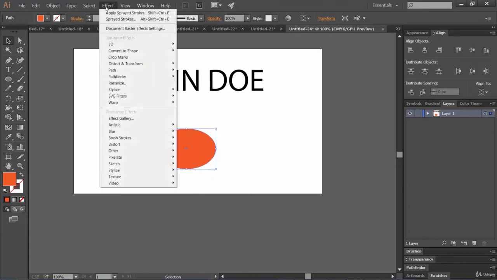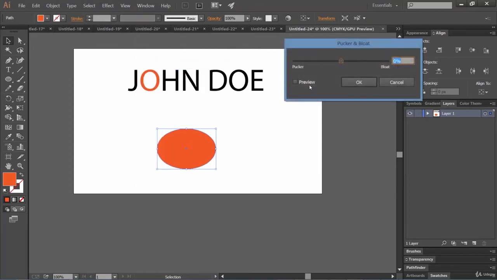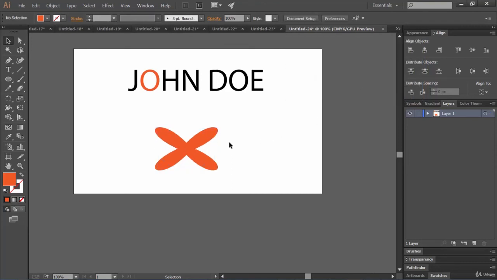Now let's apply some effects. Say pucker and bloat. Let's check the preview option. And say for example you have created this shape, right? Now let's click on OK. Now see the bounding box, it's kind of elliptical only, right?